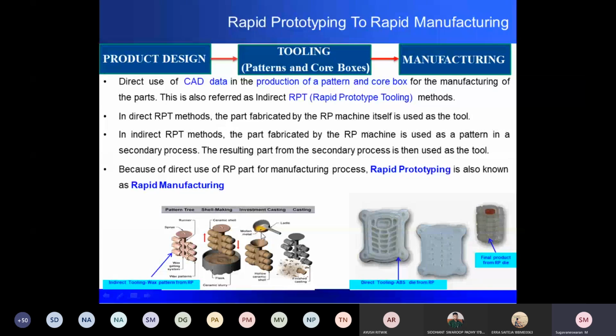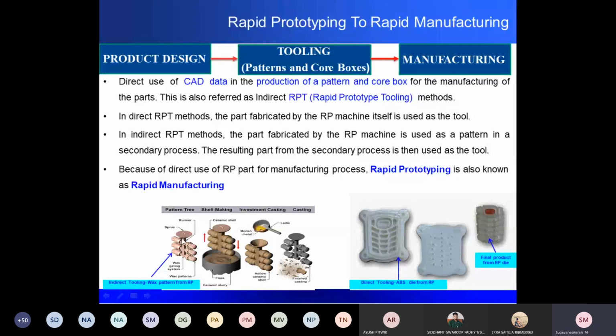So this picture is an investment casting picture. Here you have a metal part. This is the final part you require, right? To make this final part, initially we are going to create an exact replica. So it is also a prototype, right? This is the final part. This is a replica. This is made of metal, but this is made of wax. So this is nothing but a prototype or replica of your final component.